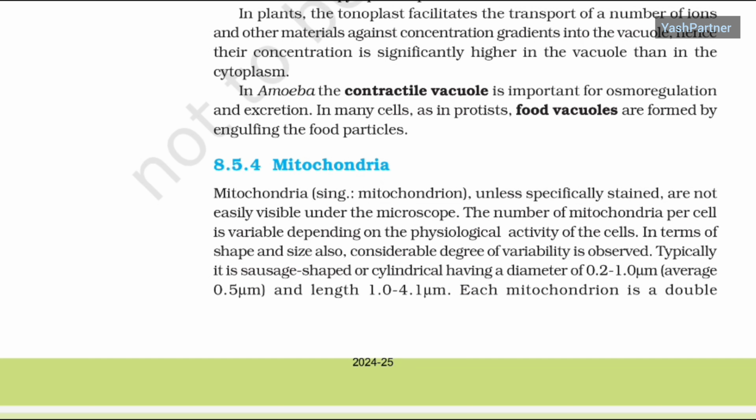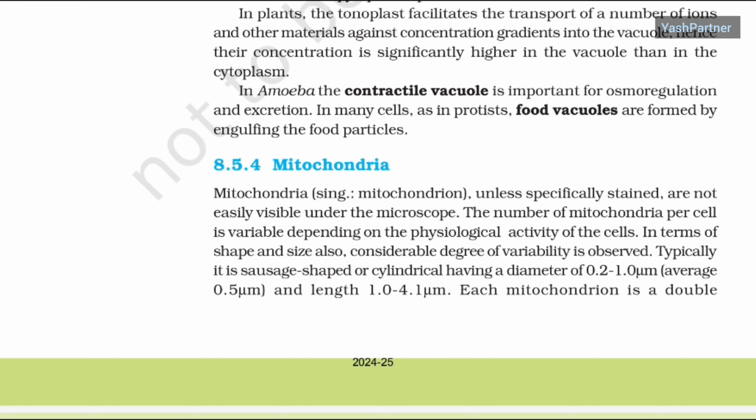8.5.4 Mitochondria. Mitochondria, singular mitochondrion, unless specifically stained, are not easily visible under the microscope. The number of mitochondria per cell is variable depending on the physiological activity of the cells. In terms of shape and size also, considerable degree of variability is observed. Typically, it is sausage-shaped or cylindrical, having a diameter of 0.2 to 1.0 micrometer, average 0.5 micrometer, and length 1.0